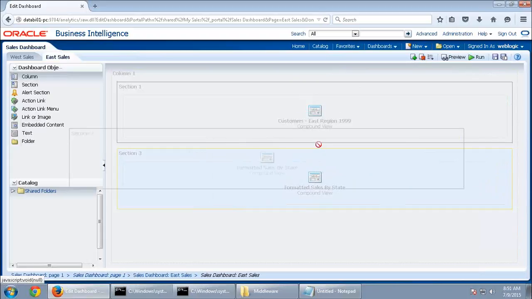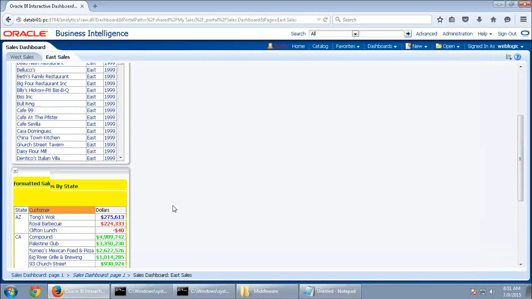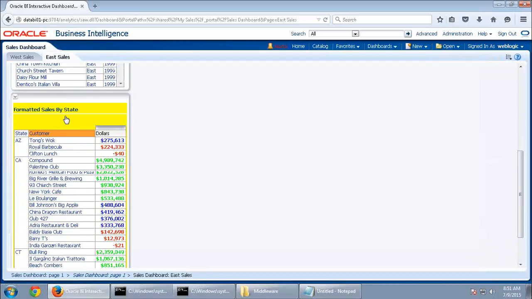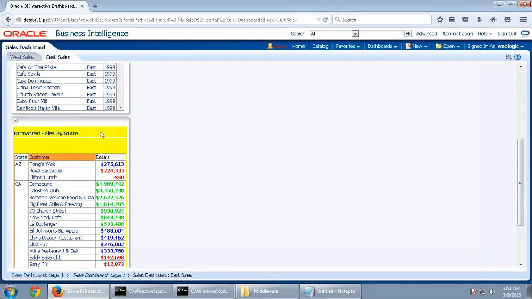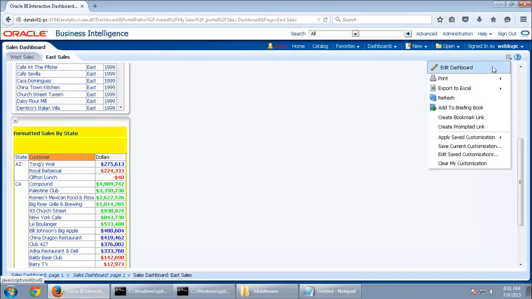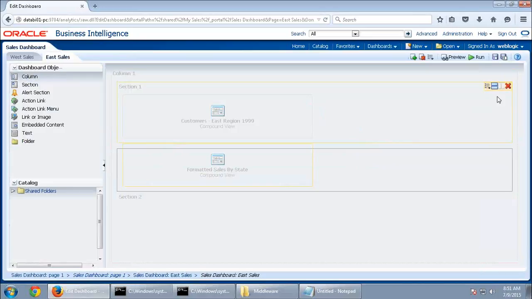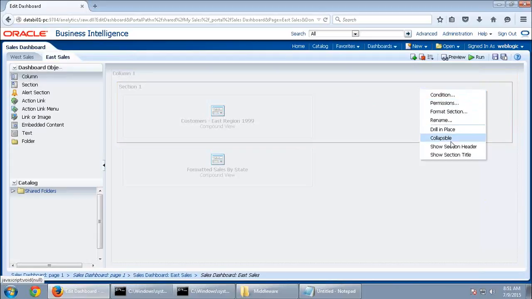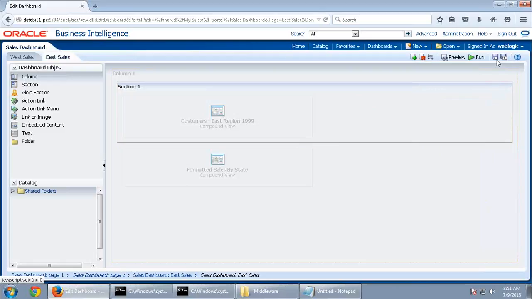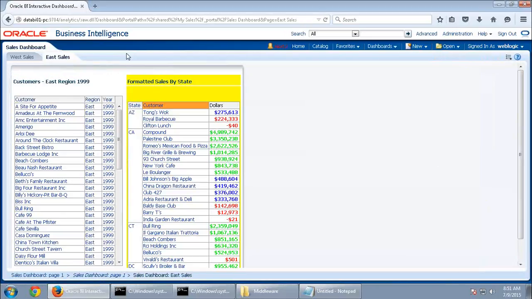See, a section you can only drag up or down. So if you do like this, this comes as a different section. See, you can again see a hide button. This comes as a different section altogether. If I want side by side, place them in a single section and make them side by side. Remove your section 2, and you can even give a heading, highlight your heading, show section header. Save this and run this.